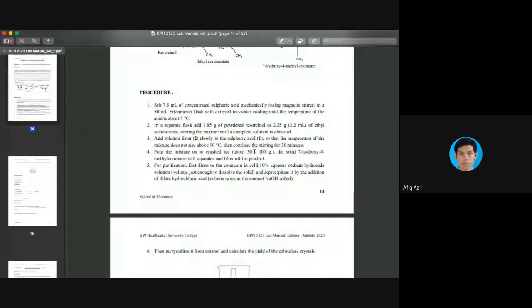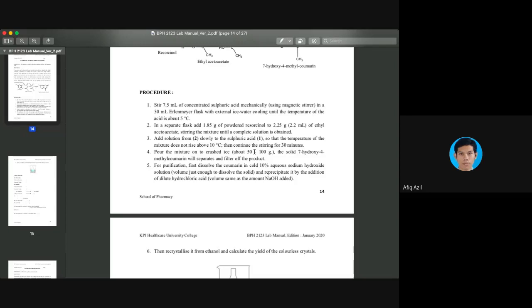Then, it is very important to keep the temperature low, because this is an example of an exothermic reaction in which heat will be released. So for the reaction, if you want to form any product, the whole reaction temperature must be kept very low. And then the stirring shall be continued for about 30 minutes. Only after that,